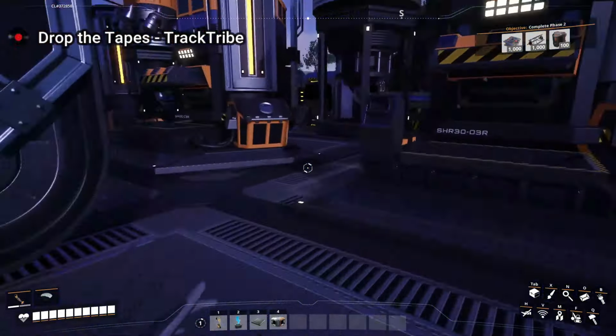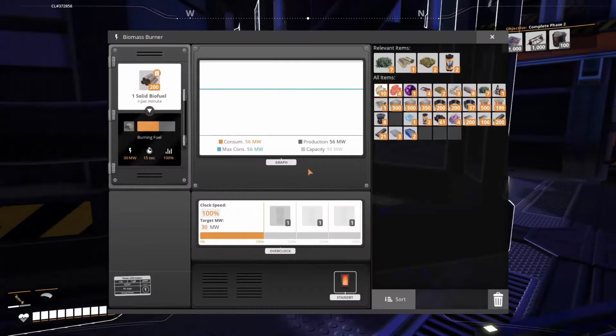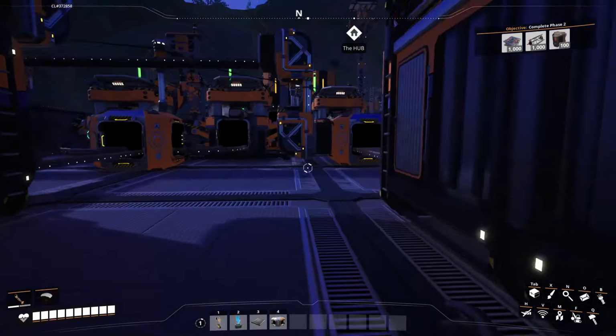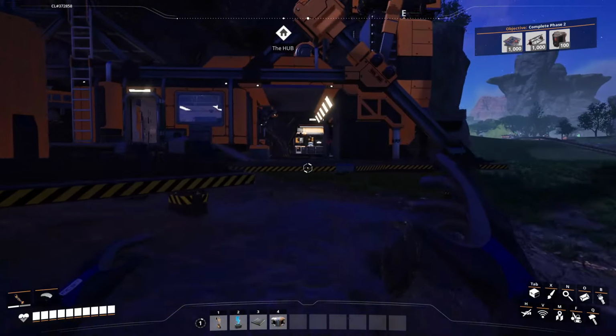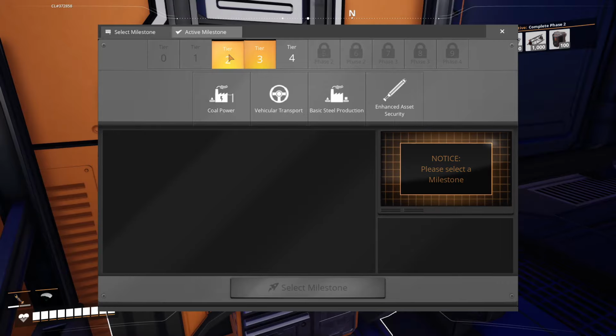As you can see over here, we're running a little bit low on biomass, biofuel, given there's a whole lot in them, but still, we're running out, I swear. And honestly, I'm annoyed of running around to go get a bunch of stuff for that, and I don't want to do it anymore. So, we're going to be working towards...